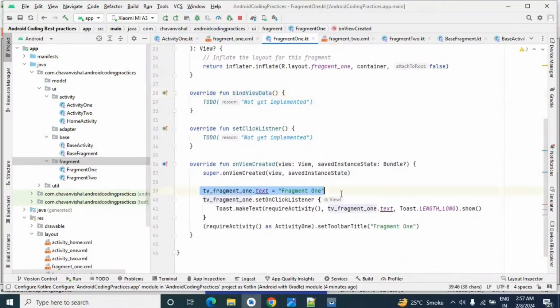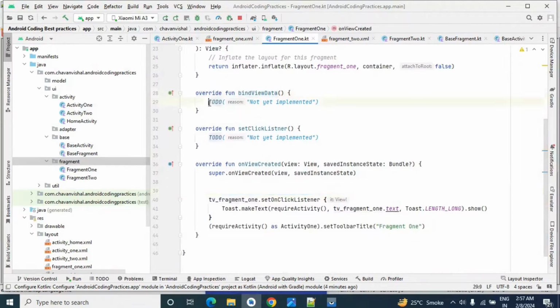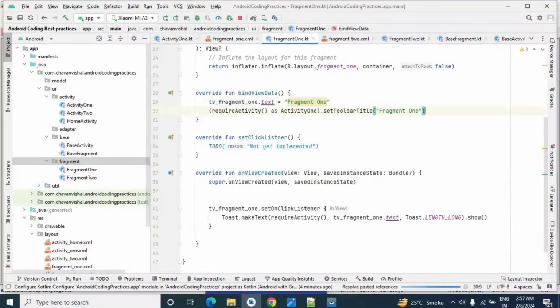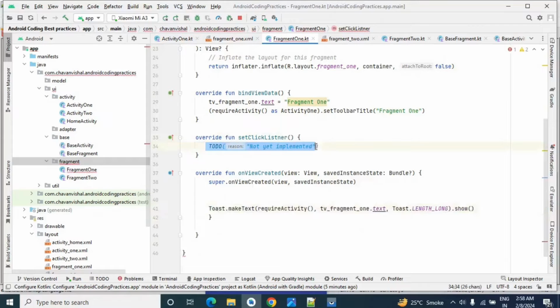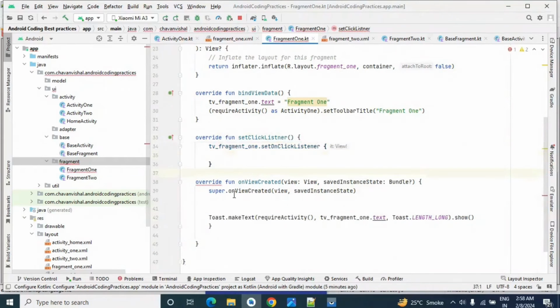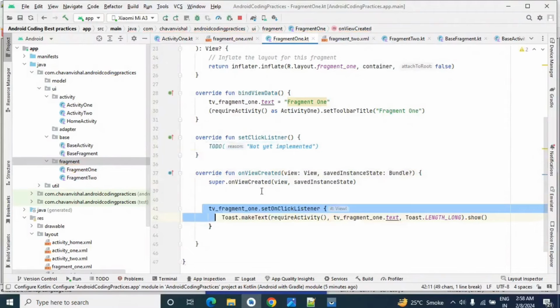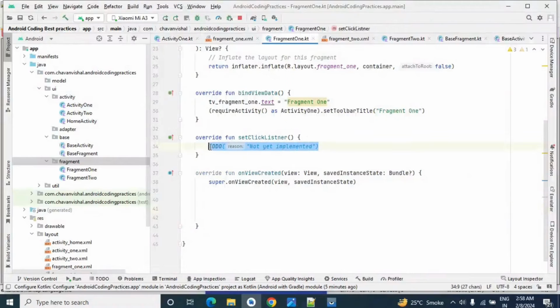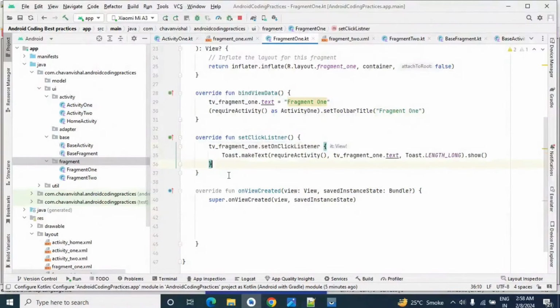Now in bind view data, we will just cut this line and paste over here. Also we will cut this line and paste over here, and this click listener we will add in our click listener method. Okay, it's my mistake, this is my click listener method.